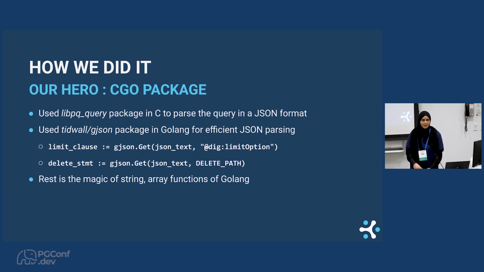Here are a couple of examples of how it works. It has some very sleek functions, like the get function. You provide the field you are looking for in that JSON, and it will tell you if it is present and what the value is. Similarly, if you provide a JSON path, it will also tell you if it exists and what it is. And the rest of the things we were able to do with the efficient handling and very non-verbose code of Golang, by just using its arrays and strings and similar things.